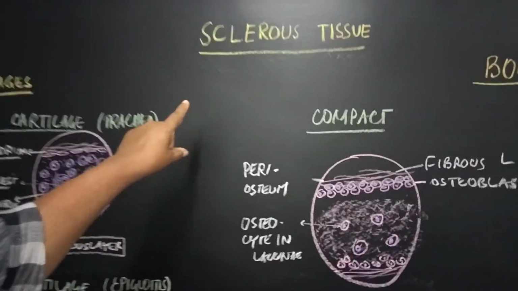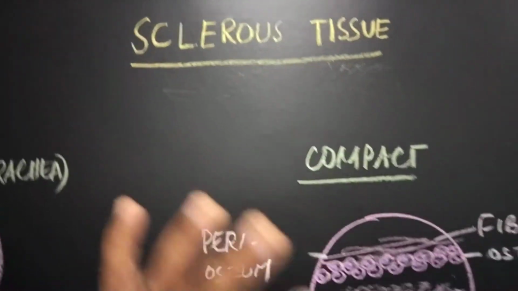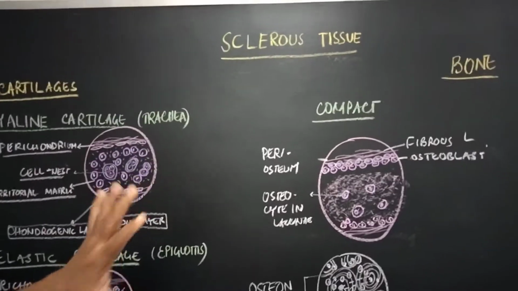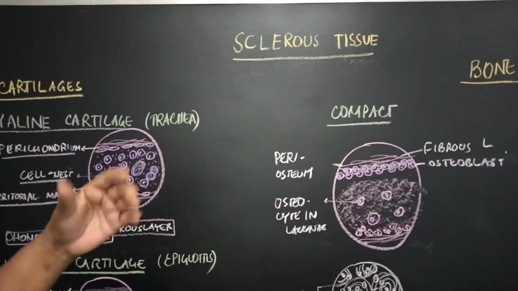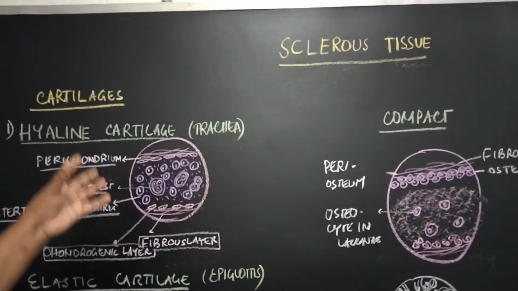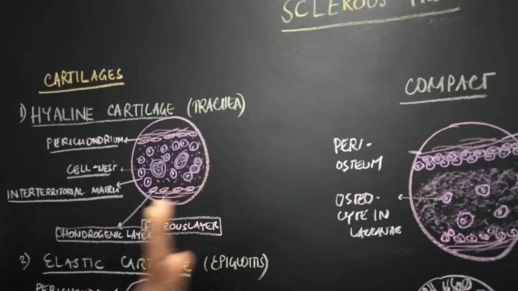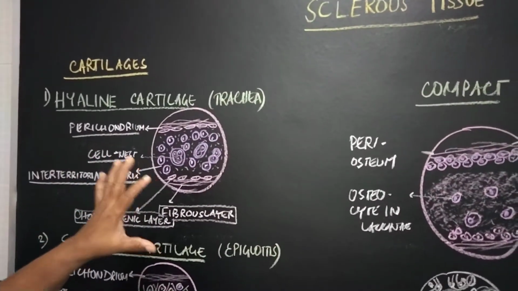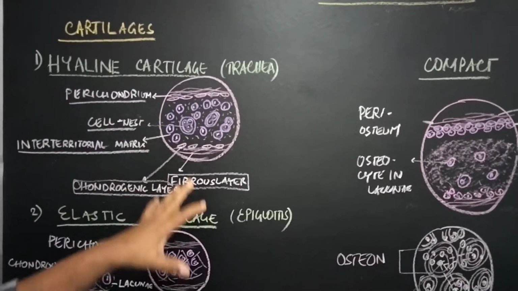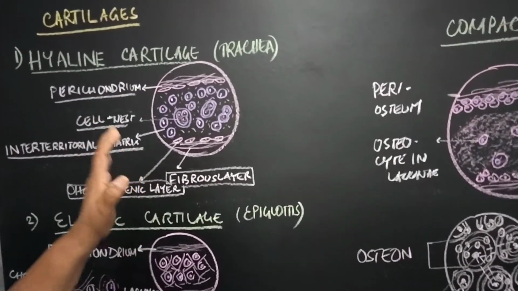Sclerous tissue, which is a specialized connective tissue, that is cartilage and bone. Now all bones of the body are made in two ways. One is fibrous ossification, that is membranous ossification, or it is cartilaginous ossification. That means the temporary structure is cartilage and that is to be converted to bone by the deposition of calcium. Now in a few cases where the oxygen demand is more and the activity is continuous, permanent cartilage cells persist.